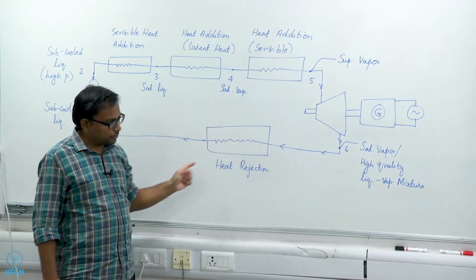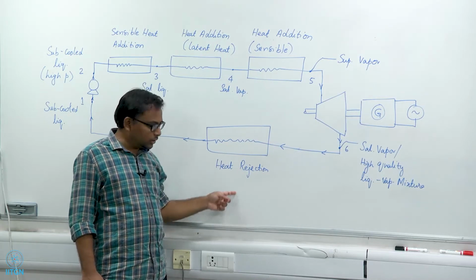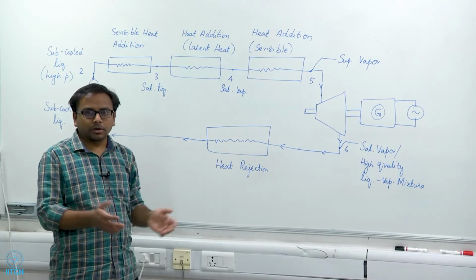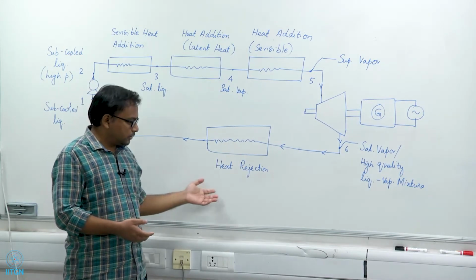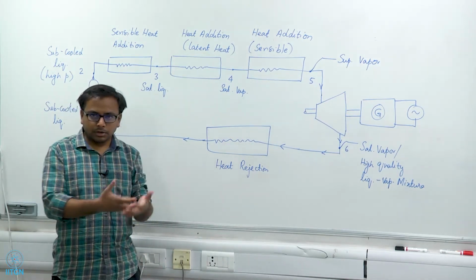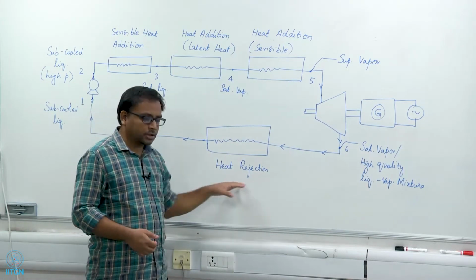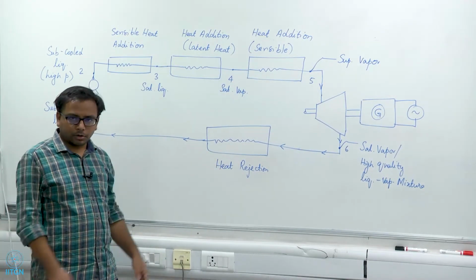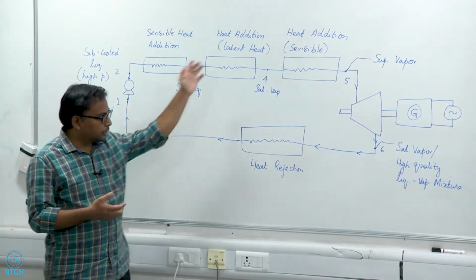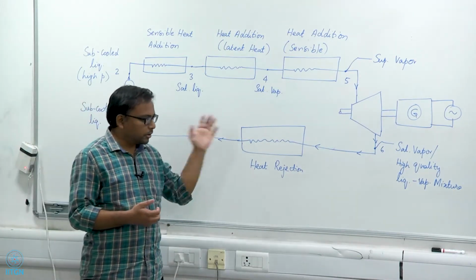So, in case of a power plant, this heat rejection happens to the surroundings, either to the surroundings or to a nearby body of water, if it is available. You might have seen that many times these big power plants are located near rivers. So, those large bodies of water will be available to such power plants, and the heat rejection can be done to those large bodies of water, which effectively act as a natural low temperature reservoir as far as this particular thermal power plant is concerned.